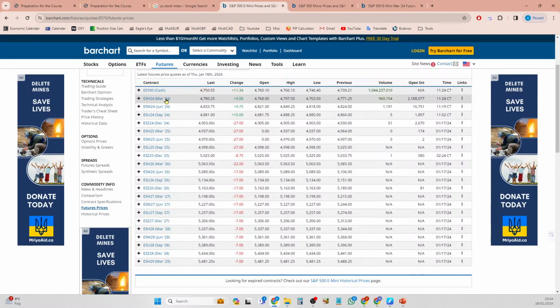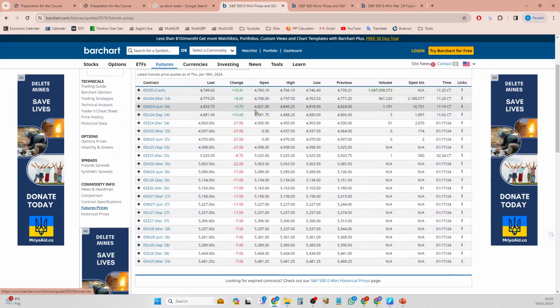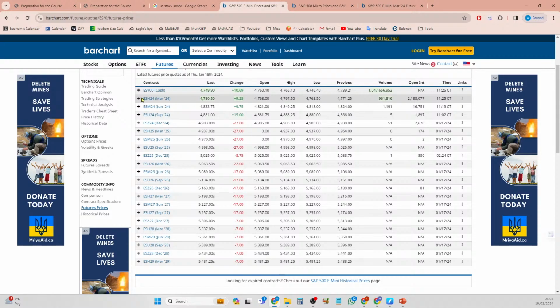So at the same time, all the three contracts over here are open to trade. You can see the values changing over here. There are people who would be trading the September contract right now because those large entities are using it as part of hedging. So that's why all the contracts are available to trade at the same time. But what we will be preferring is the contract which has the largest volume or largest open interest. That is the contract which is actively being traded in the market right now.